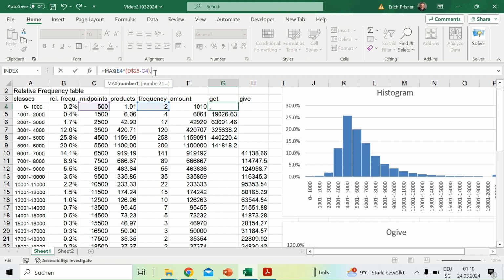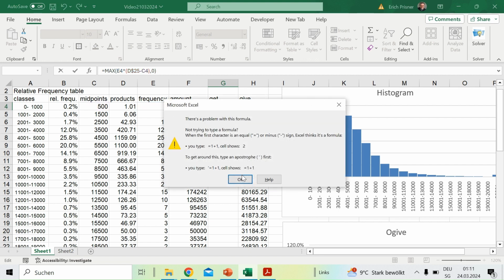So we do a comma and we do a zero. Now we have two entries, and what I want is either this formula or zero, and I want to show the larger of both. So if this formula is positive, it shows the formula. And if the formula is negative, it shows a zero, because zero is larger than the negative number. So I'm clicking return, and yes,